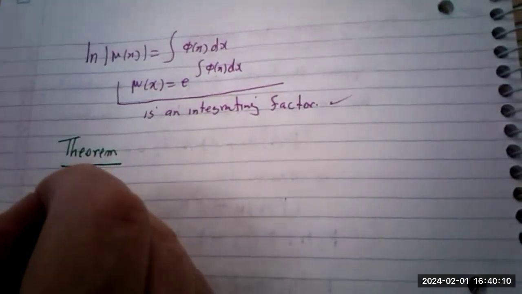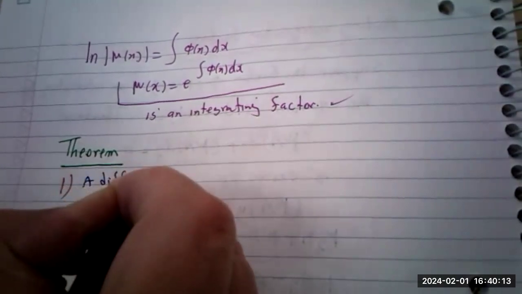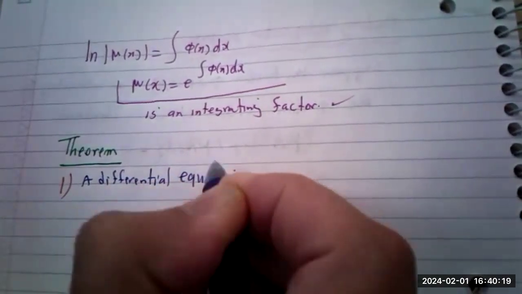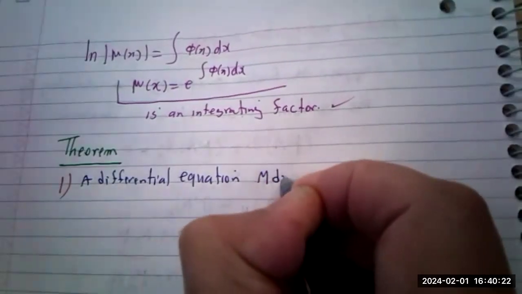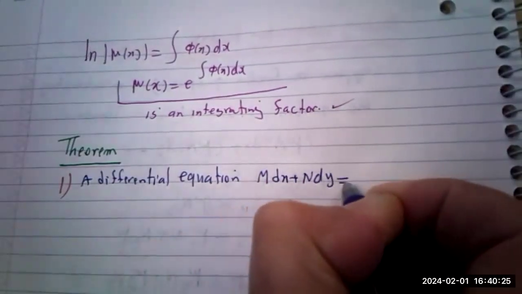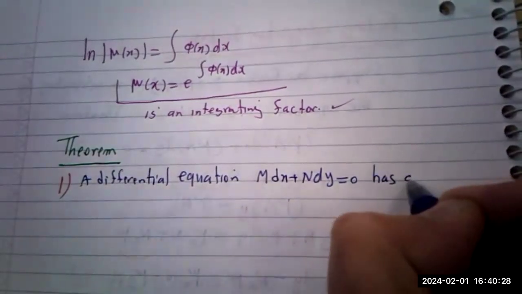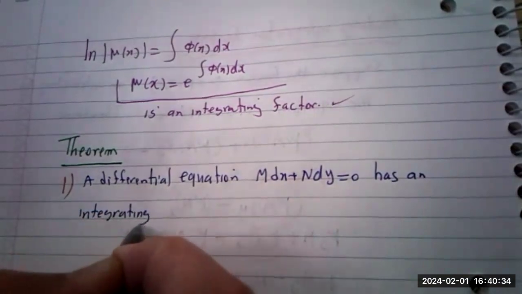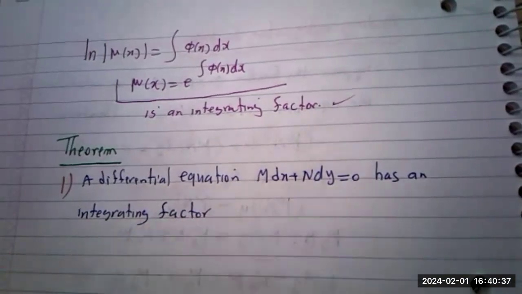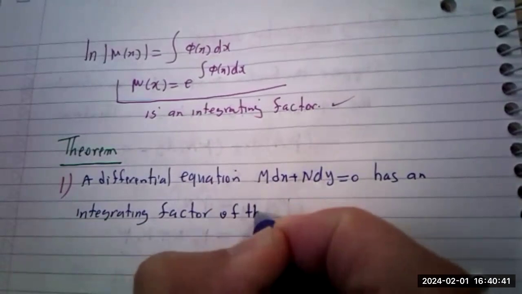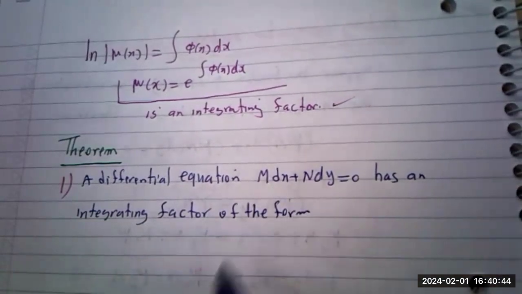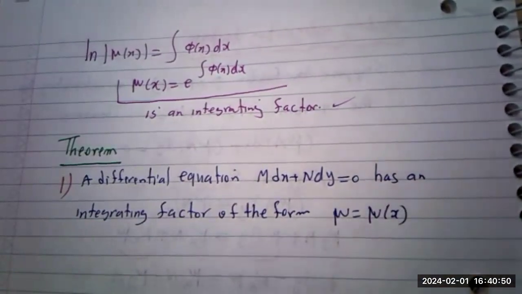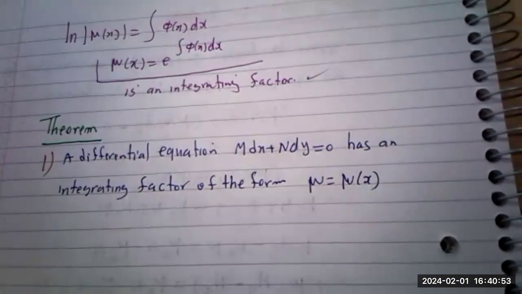Say that a differential equation M dx + N dy = 0 has an integrating factor of the form mu equal to mu of x, meaning just a function of x, if